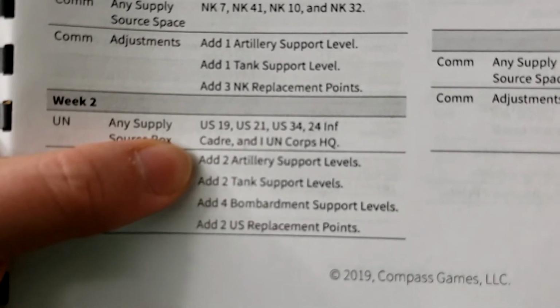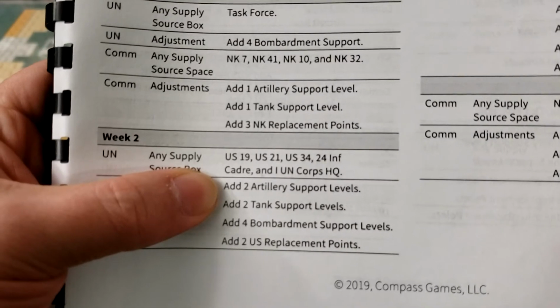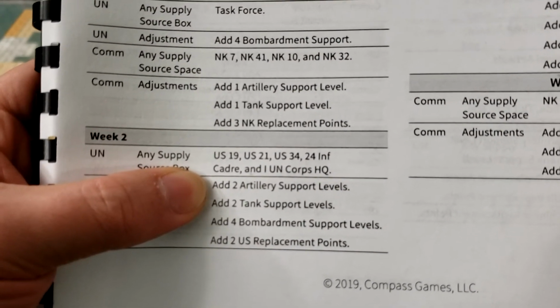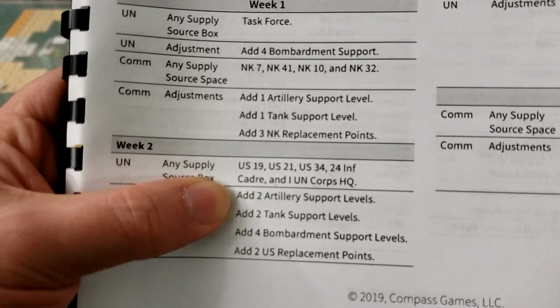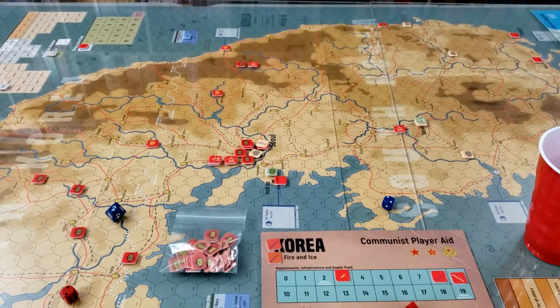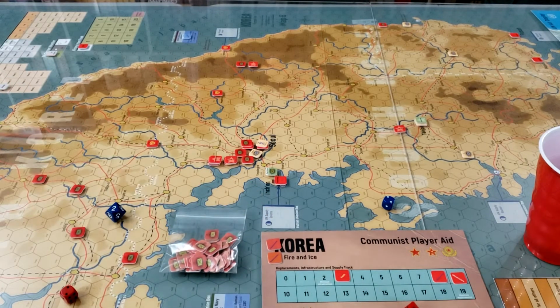So we get 1, 2, 3 actual units, the 24th Infantry Cadre, and a UN Corps HQ, and they can go in any supply source box, which I guess I have to think about: where are they going to go? I could try to put stuff into Incheon and continue to delay the taking of Seoul,